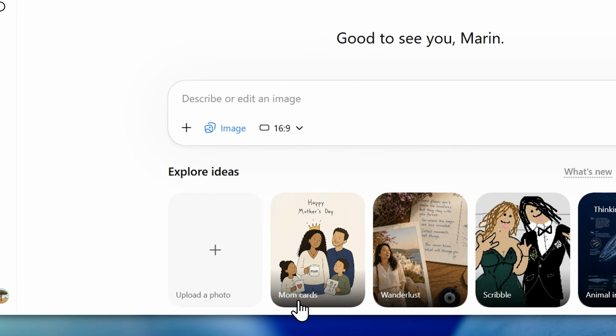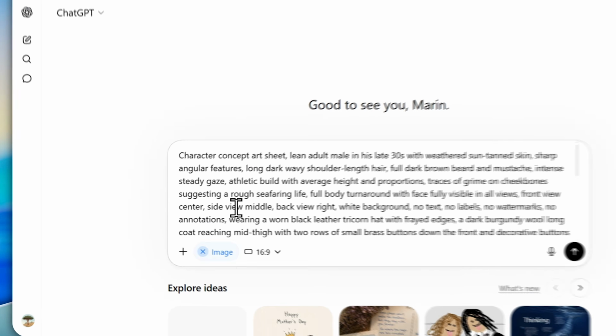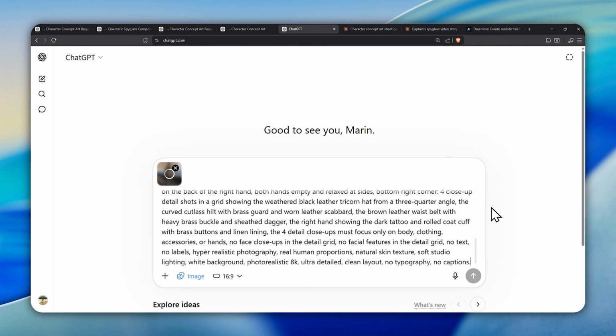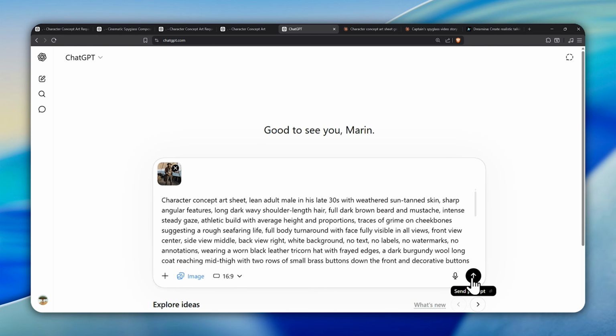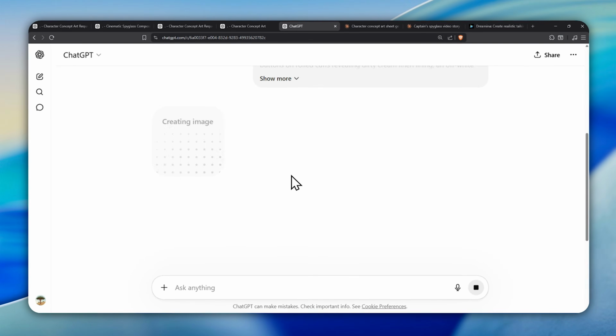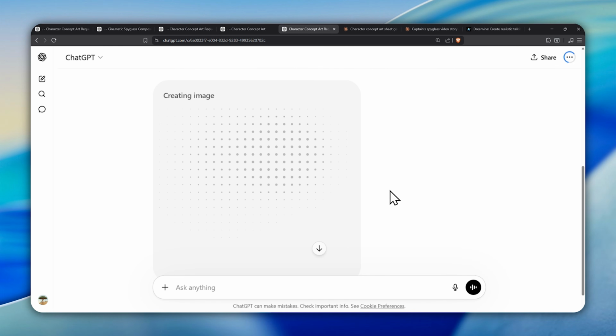Select create an image and set your aspect ratio to 16:9. Paste the prompt we just copied. Crucially, make sure to attach the reference image of our pirate Jack. Once attached, send the prompt. While we wait for that to generate, let me show you the other assets I created for this story, which